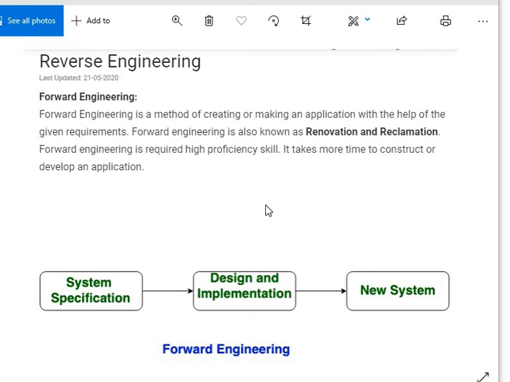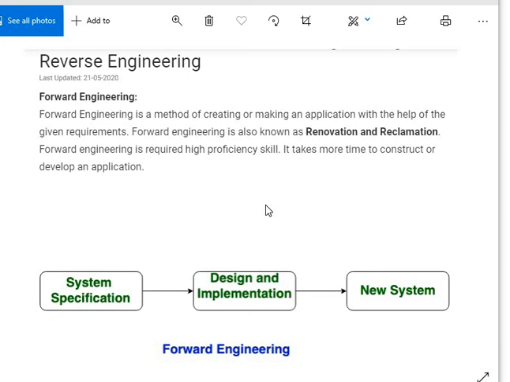It's like the basic software development life cycle we have gone through: requirement gathering, then software design, then implementation and coding, and the final one is maintenance. This is exactly the forward engineering method. In the case of reverse engineering, we already have the existing system, we process it and go back to the requirements, while in forward engineering, from the system specification and requirement engineering, we do the design and implementation.